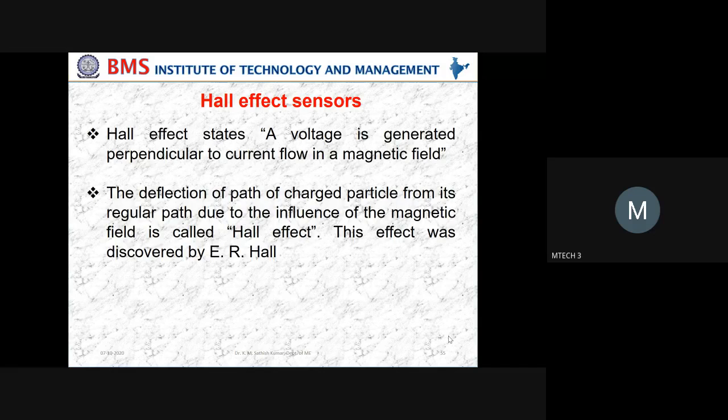Now, what exactly is the statement of the Hall effect is what is important. Okay, class. The Hall effect states that a voltage is generated perpendicular to the current flow in a magnetic field. Now what does it mean? Please understand carefully. The Hall effect states that a voltage is generated perpendicular to the current flow in a magnetic field. That means in case of the Hall effect, the basic concept is nothing but if you